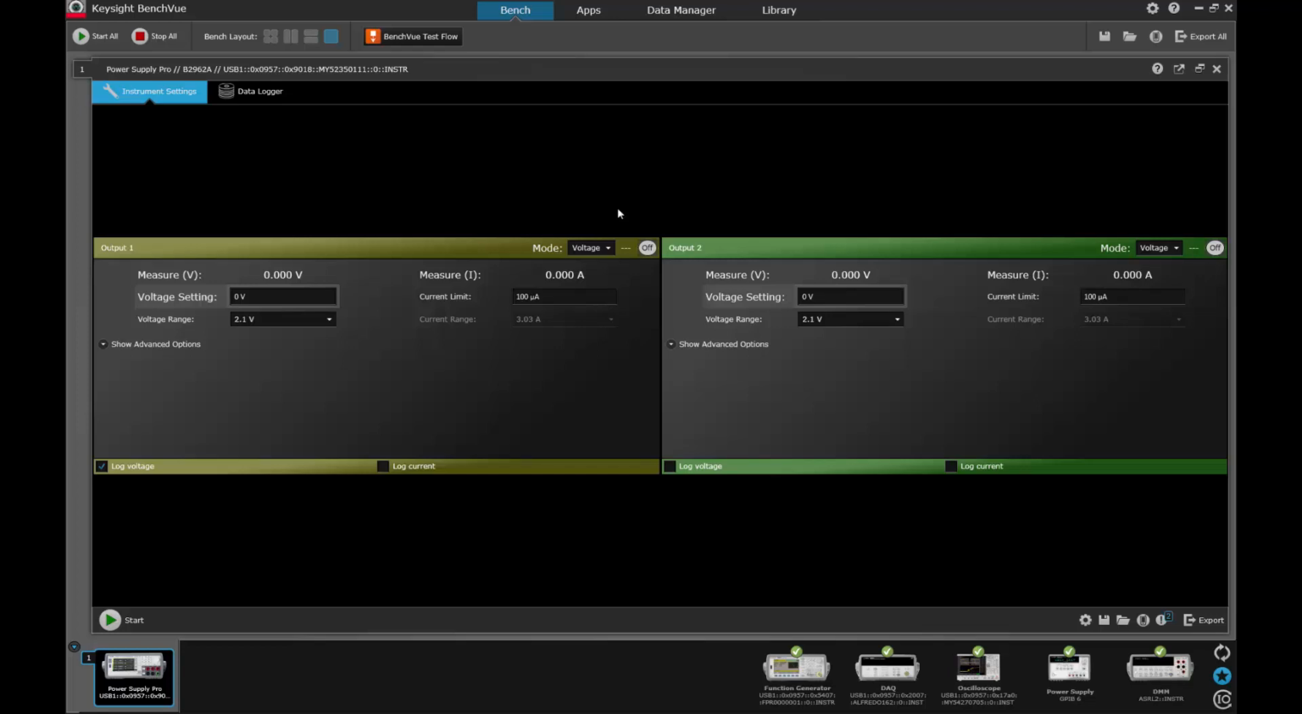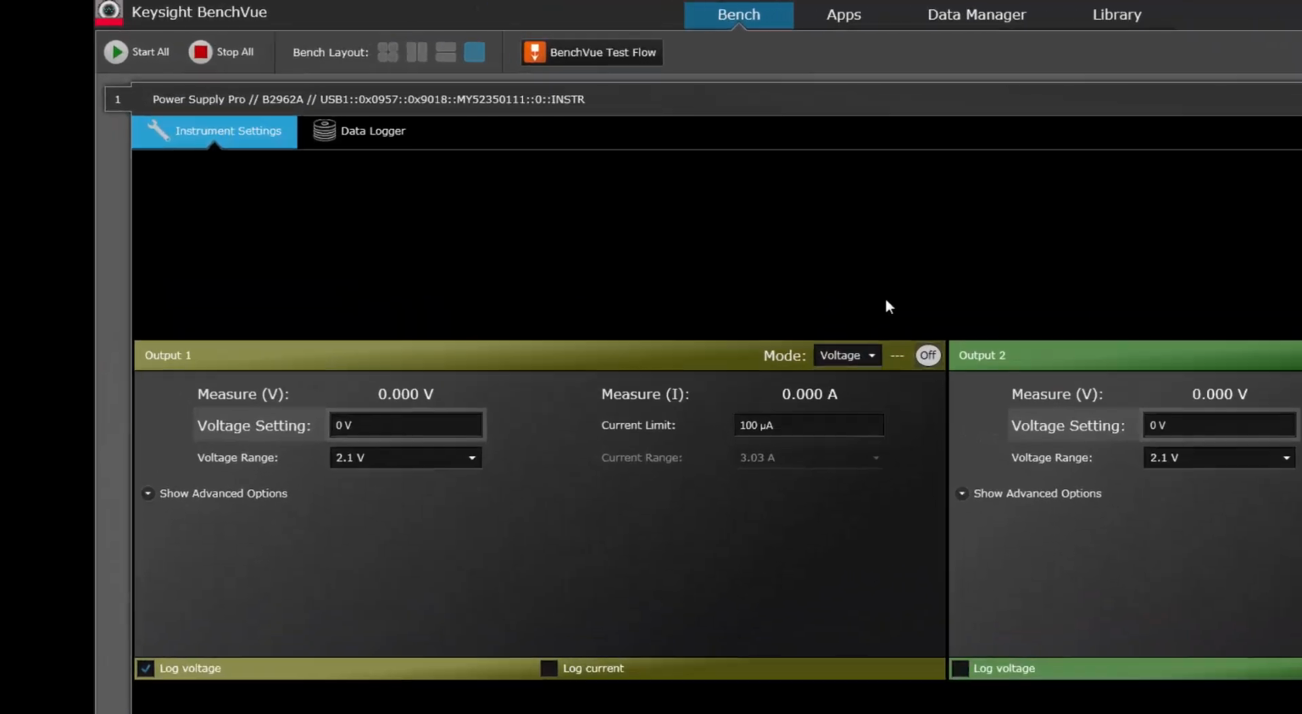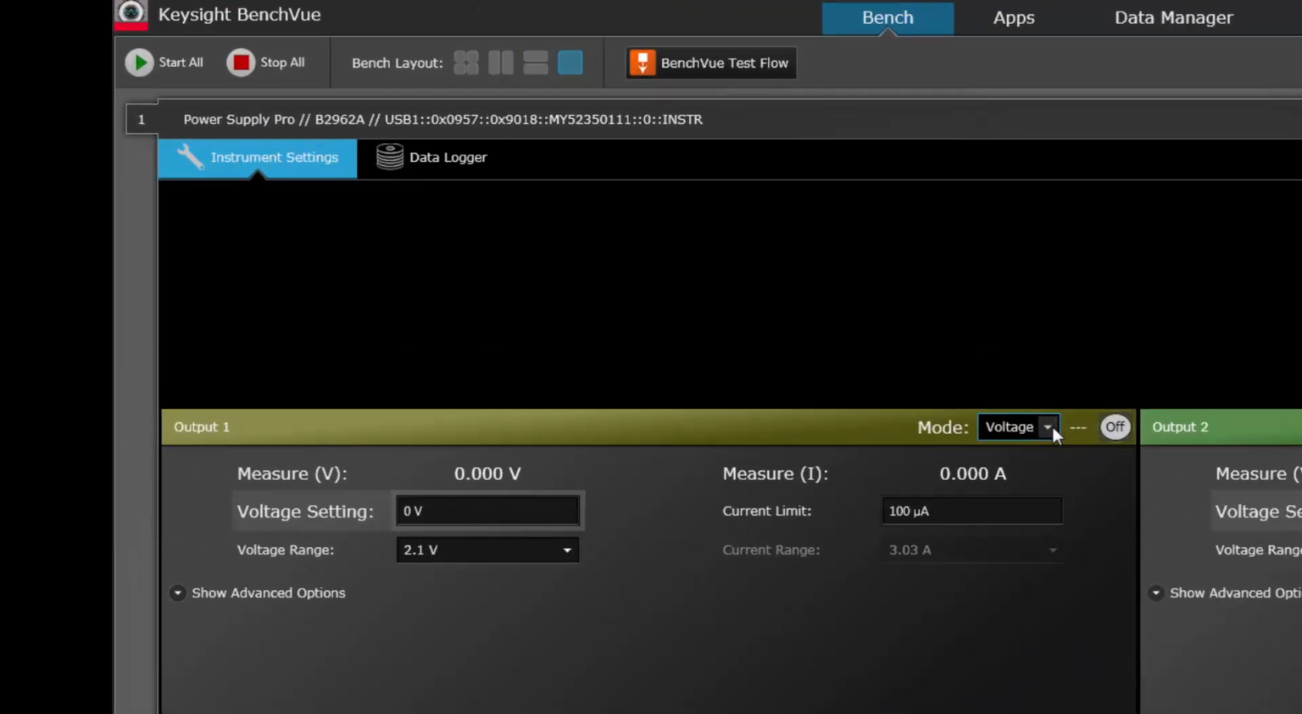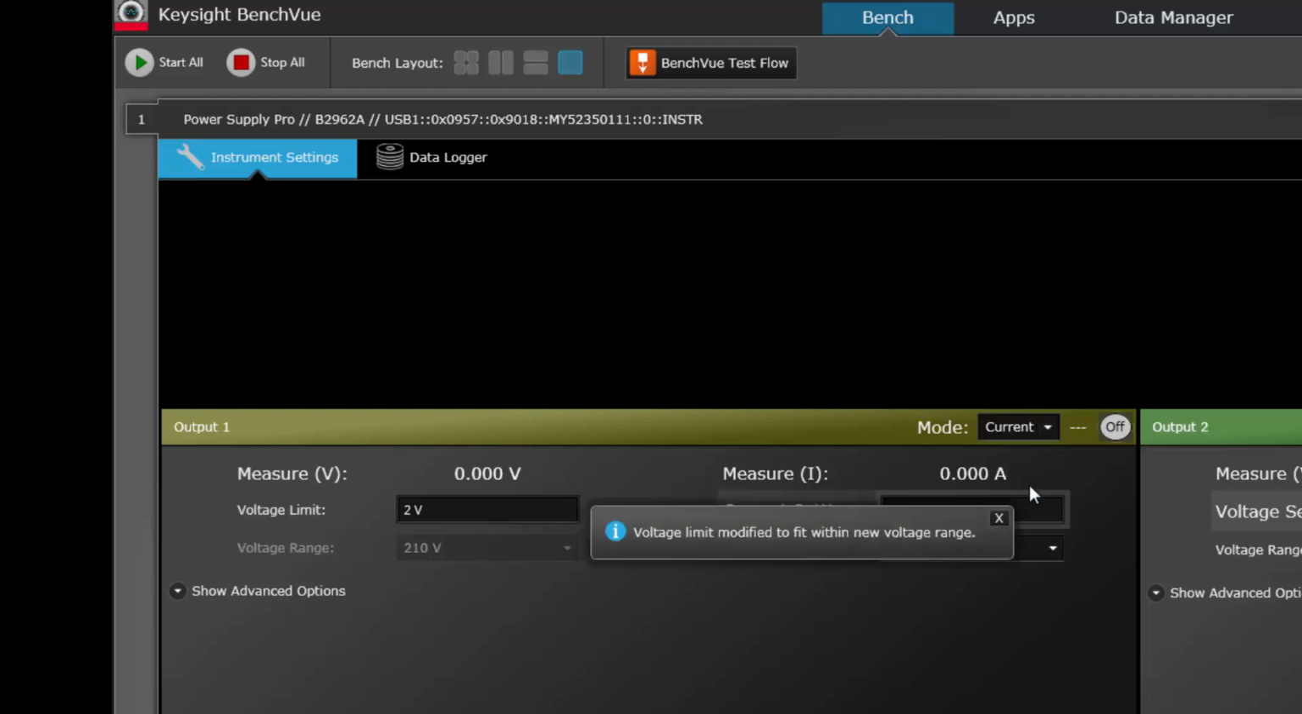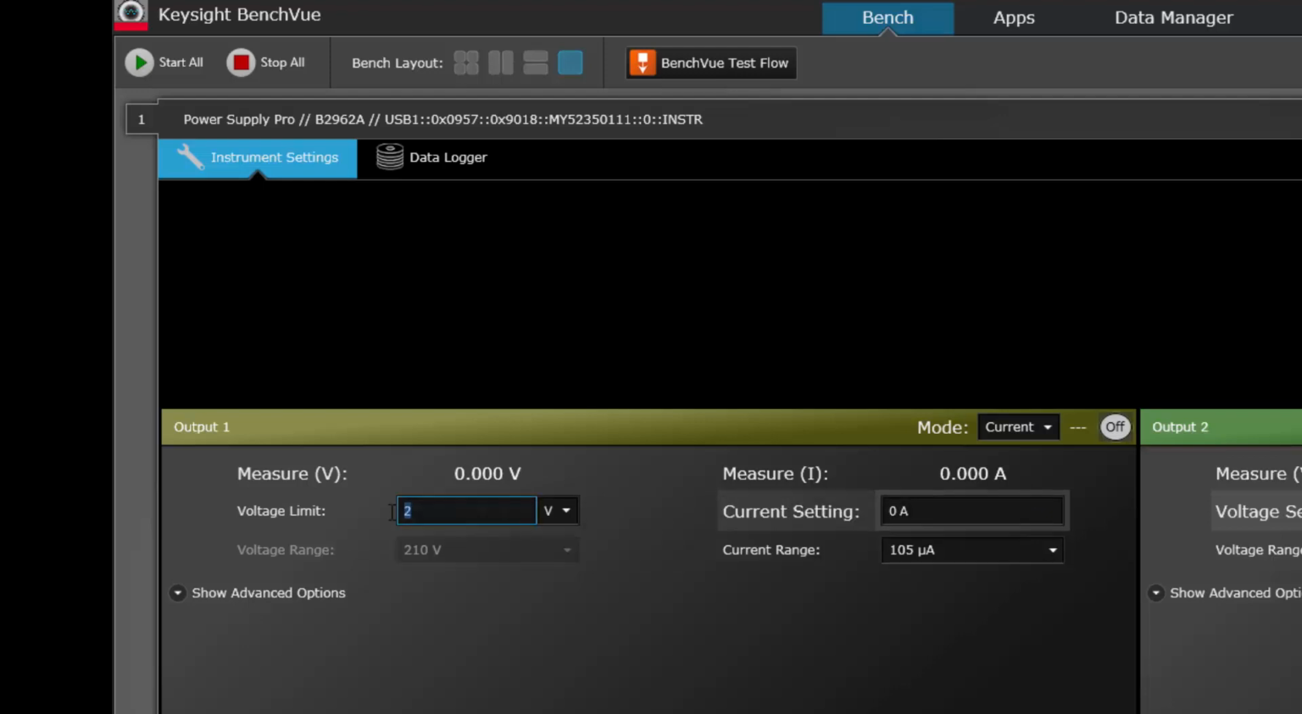Let's take a look at how this could be done in BenchVue on a point-by-point basis, manually setting the voltage and current. Here I've already started BenchVue, which automatically discovered our B2962A power source and several other instruments. We will set the voltage limit to 1 volt since we only expect one diode drop, or 0.6 volts, in the base-emitter junction. We will select the 105 microamp current range and we won't enter more than 100 microamps